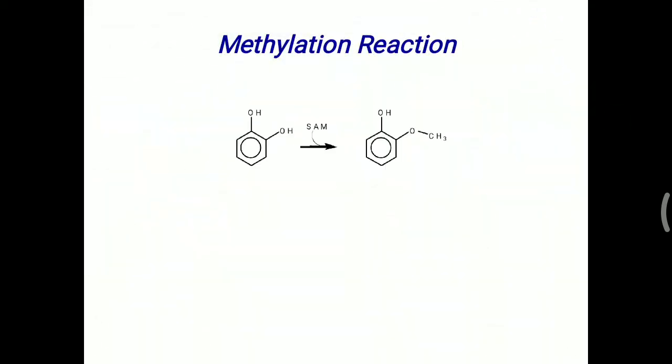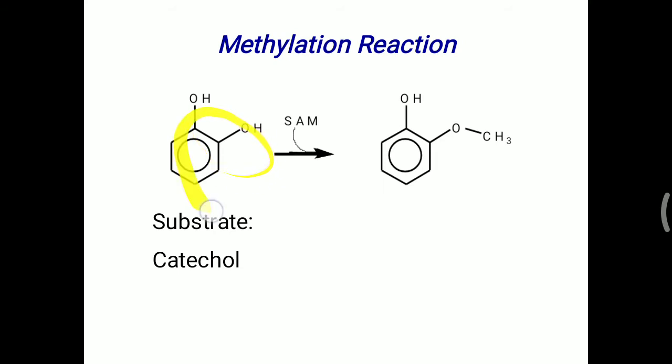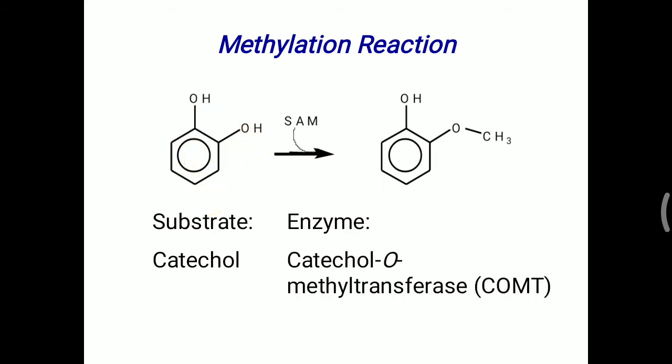So the methylation reaction is simple. Here the catechol nucleus is shown; over that, S-adenosyl methionine will attach and make this catechol molecule into the methylated product. So basically the substrate is catechol, and this is the structure of the catechol molecule. The enzyme needed for this reaction is catechol O-methyl transferase, and one more thing, SAM, is needed for donating the methyl group. So that is about the methylation reaction.